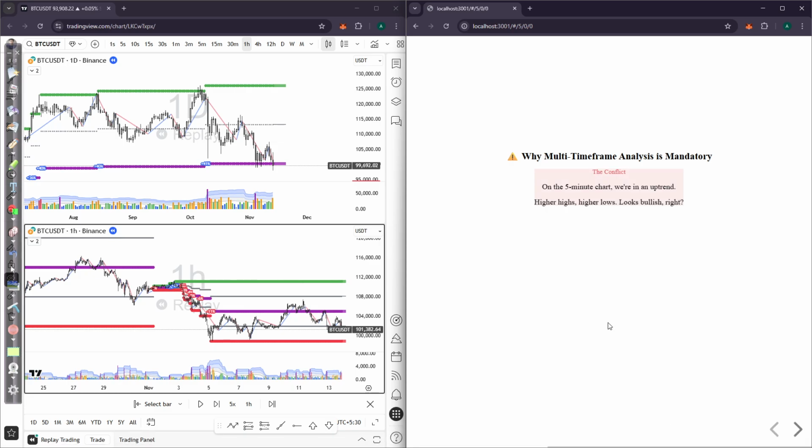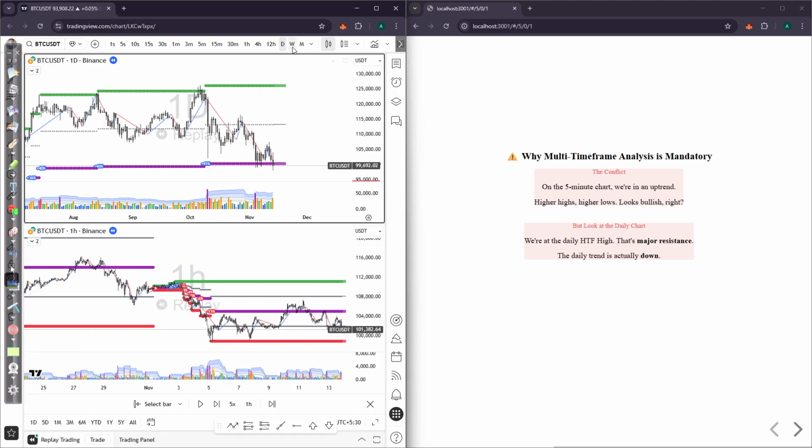Why is that? So the conflict comes when we're on the 5 minute chart, uptrend, higher highs, higher lows, it looks bullish, right? You might think that, but when you look at the daily time frame, as I showed you in the example, we are at the daily HTF high, and that's a major resistance. So if I come here, you know,